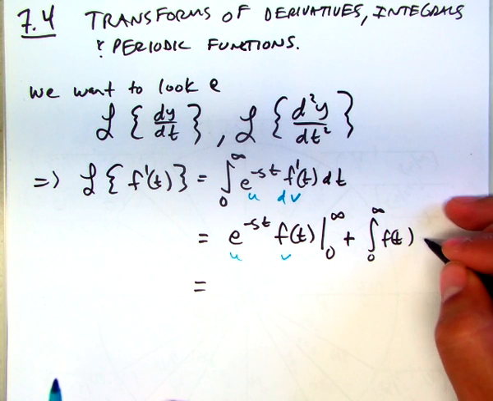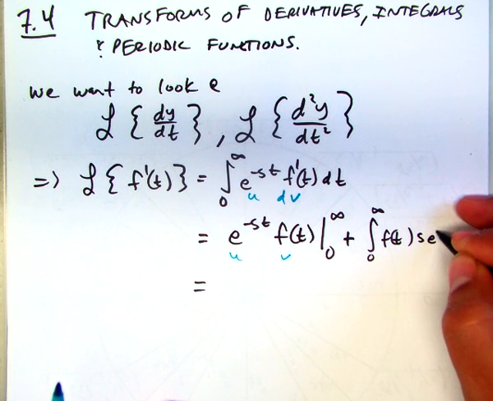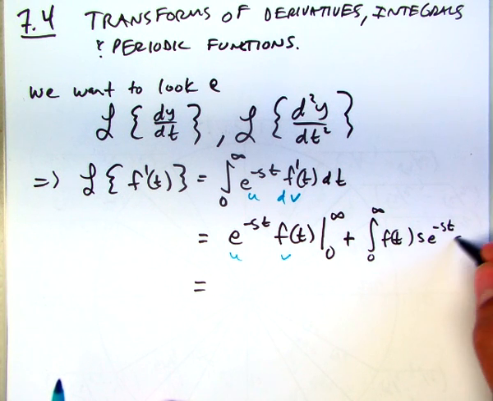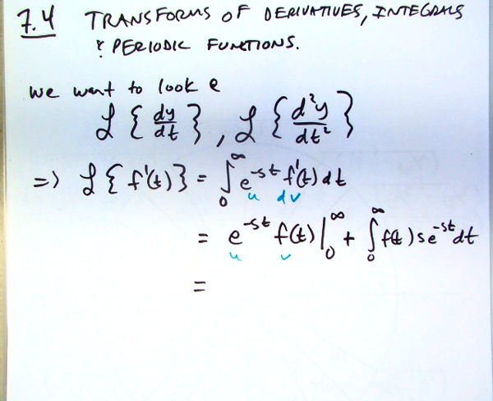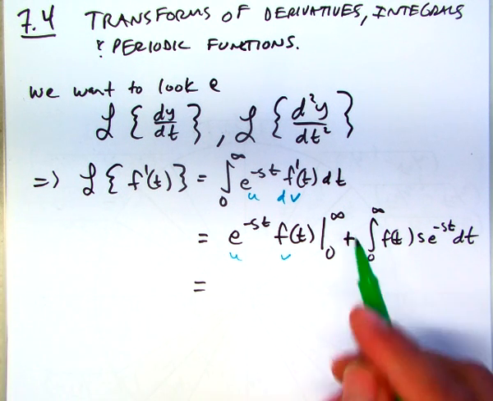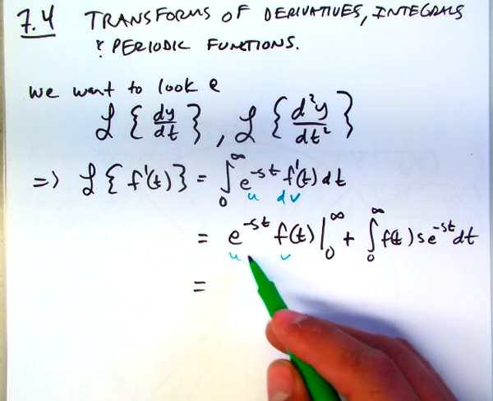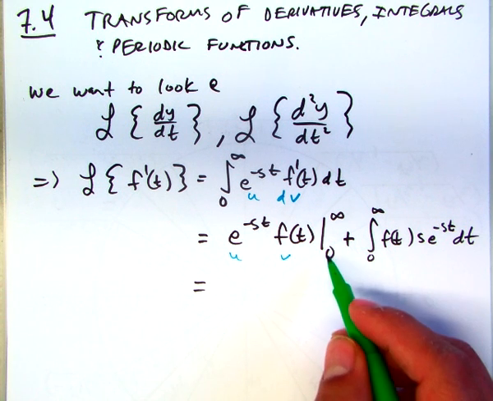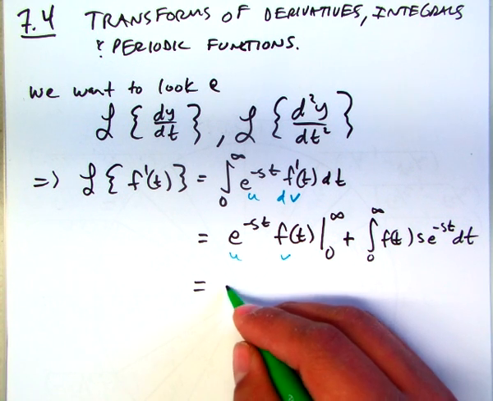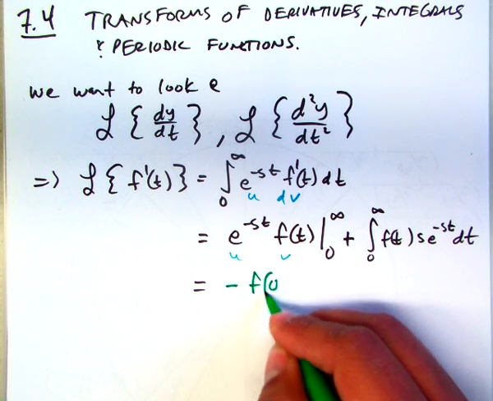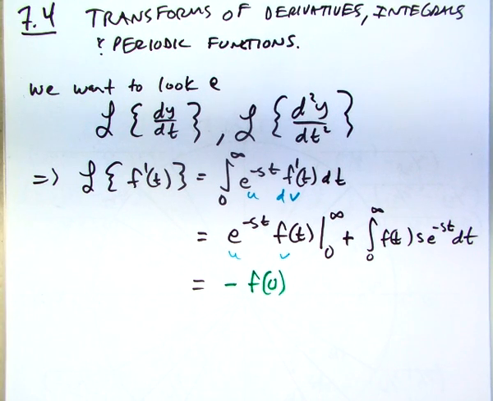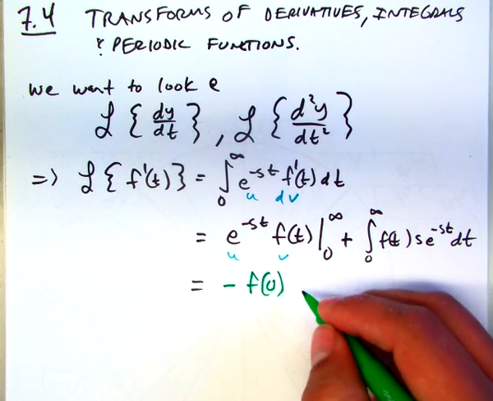So plus s e to the minus st dt. Okay? So now let's see what happens. As t goes to infinity, this will go to 0. When you plug in 0, you get minus f of 0. Plus,